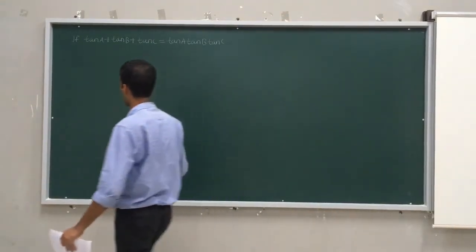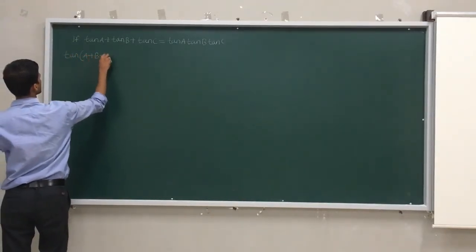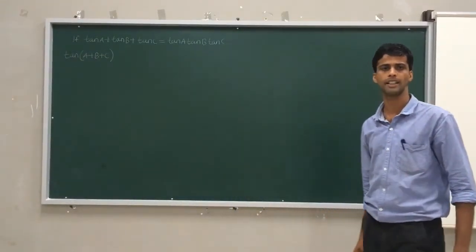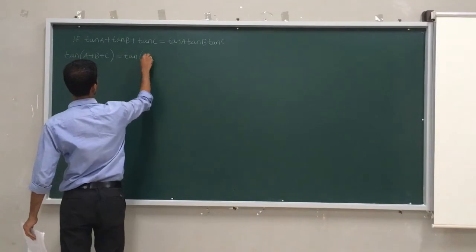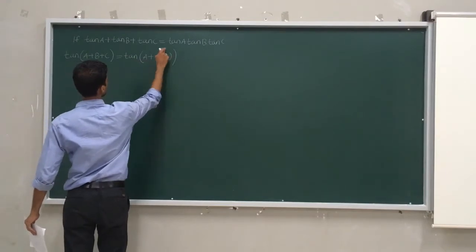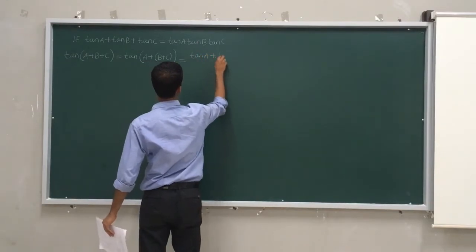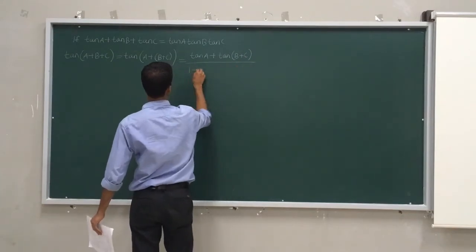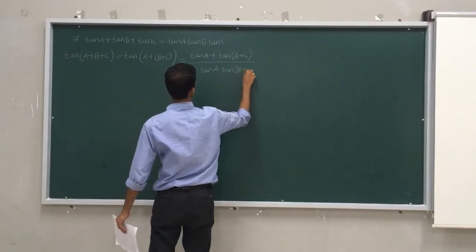So what we will do here is apply the tan of A plus B formula. We know up to tan of A plus B, which is tan A plus tan B upon 1 minus tan A tan B. We don't know it for three angles. So we will write this as tan of A plus B plus C. I will consider A as one term and B plus C as the other. Now you know the formula: tan A plus tan of B plus C, divided by 1 minus tan A into tan of B plus C.